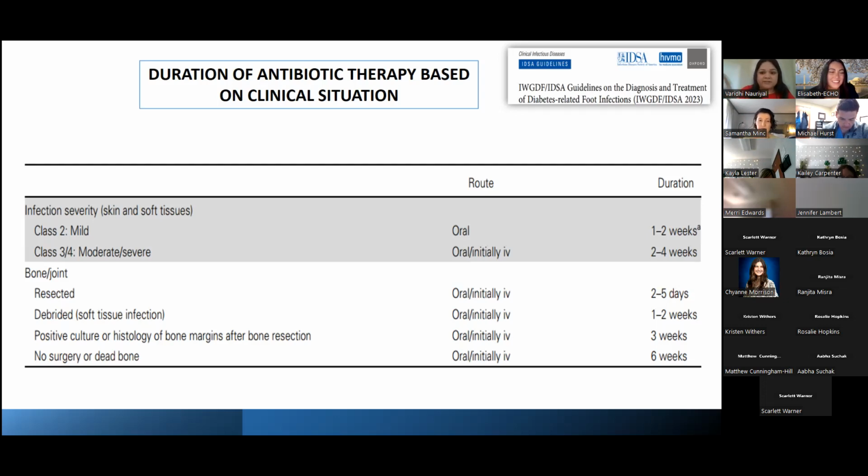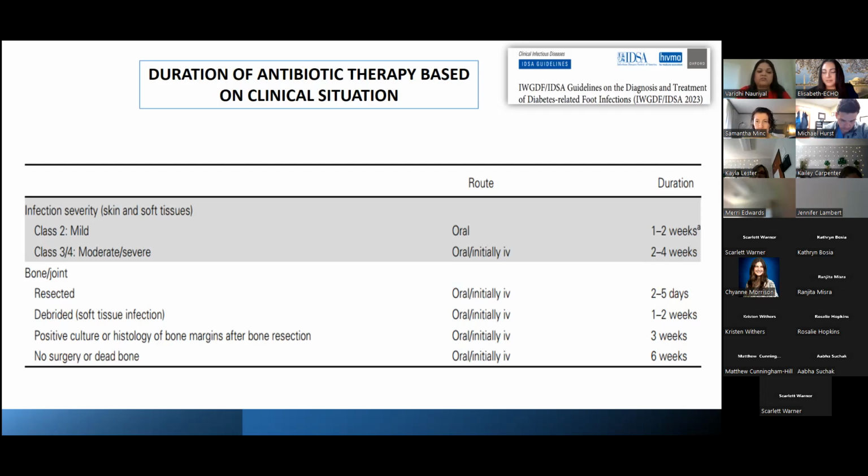This is available in this IDSA document, which I'll give you a link of in the next slide. But when we're dealing with the mild infection, remember less than 2 centimeters, just localized symptoms, we can typically go with oral antibiotics, and the duration can be up to 7 to 10 days to 2 weeks. In moderate to severe, though, while we could end the course with oral antibiotics,